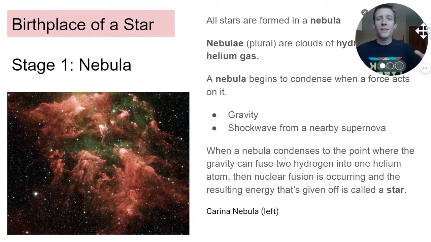So when that force of gravity, remember, anything with mass, anything with some sort of matter in it, is attracted to other things with mass through gravity. If there is no other dominant force of gravity in that area, those two things that we think of as very light will become attracted to each other. That happens in these clouds of hydrogen and helium, in the nebulae. Those particles slowly start coming together.